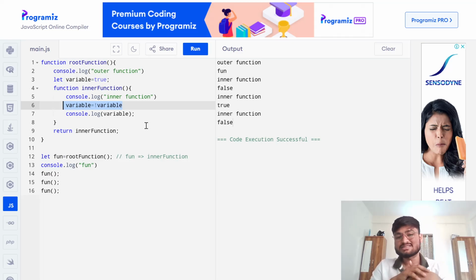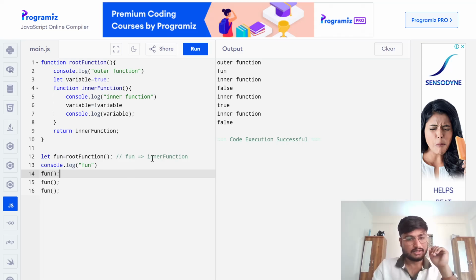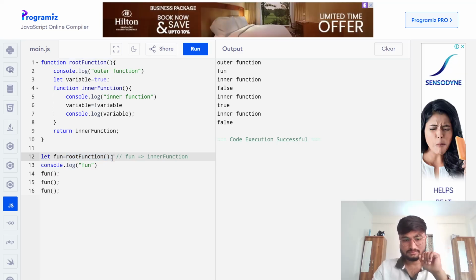Now you might ask, Apurva, why do we need this, right? Why should I go through so much pain? And that is a very valid question. But did you observe here that the root function was called? So when a root function is called, you technically will not be able to access the variable since its execution has been completed. So for example,